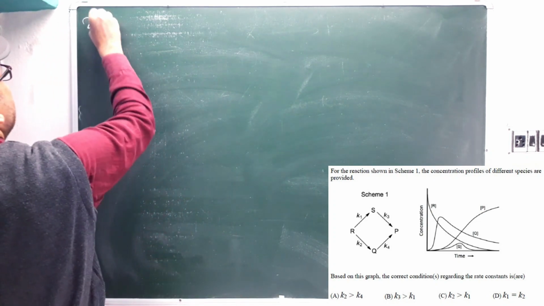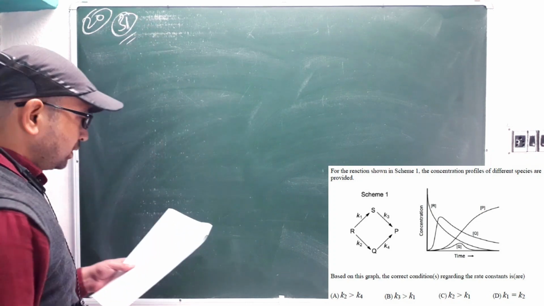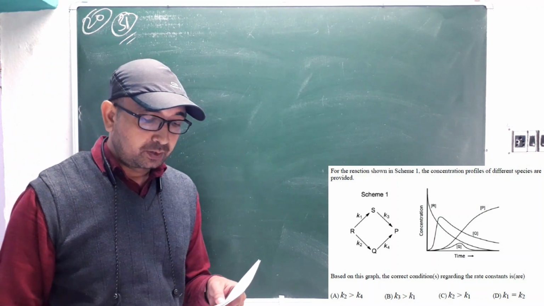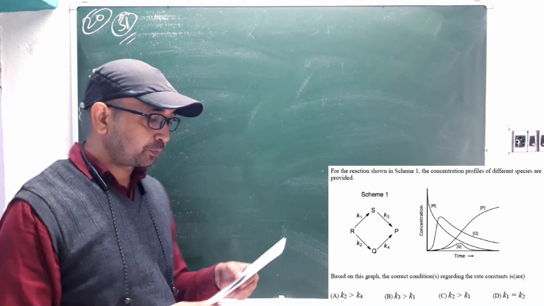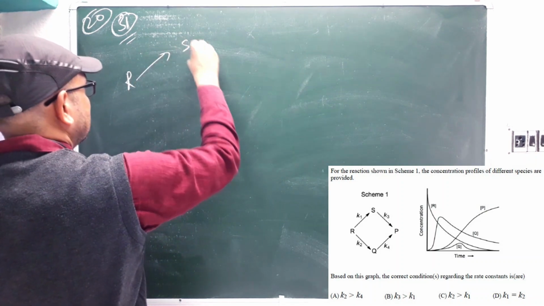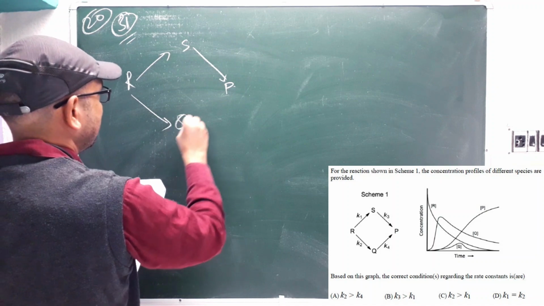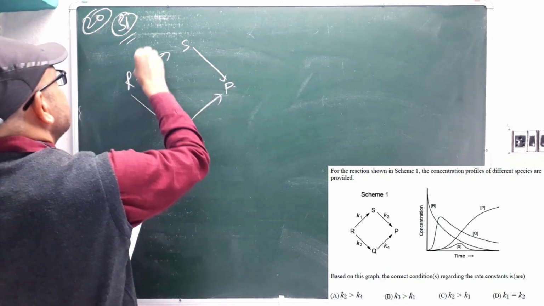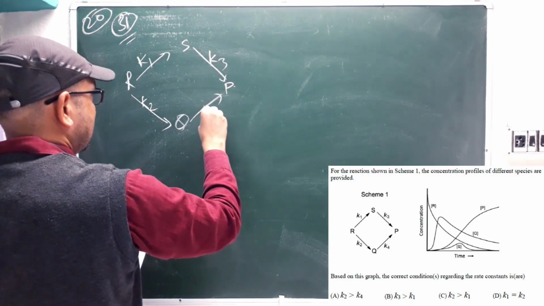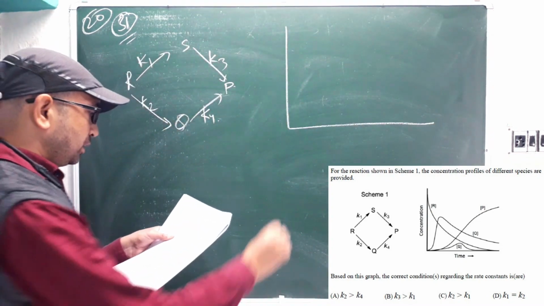For the reaction shown in scheme 1, the concentration profile of different species is provided. They have given R, S, then product P. Two different paths are there, Q and then product P. This is K1, this is K2, this is K3, this is K4, and based on this graph we have to find it out. The graph is like,